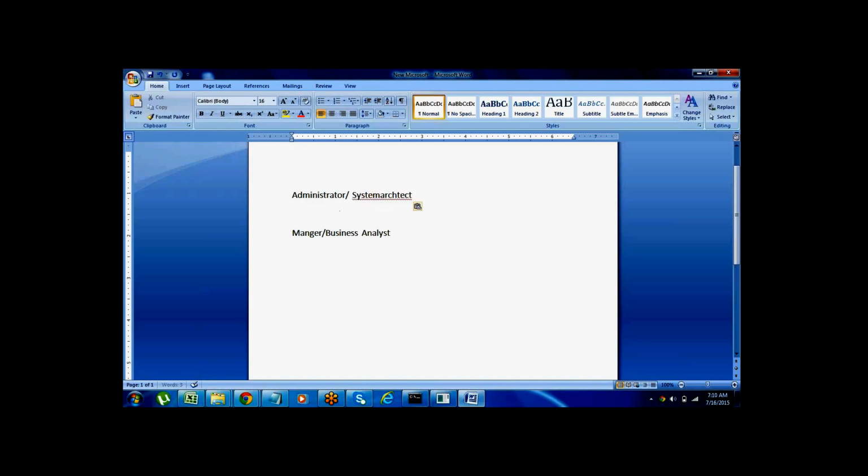In the previous versions, there was a separate portal for administrator, a separate portal for system architect, a separate portal for manager, and a separate portal for business analyst. But right now in Pega 7 we have one portal for administrator and system architect, one portal for manager and business analyst, and one portal for user. Overall, three types of portals are available in the Pega 7.1 version. And Pega contains